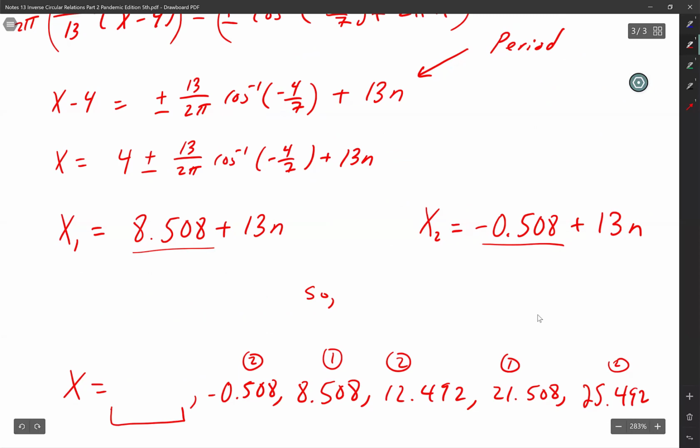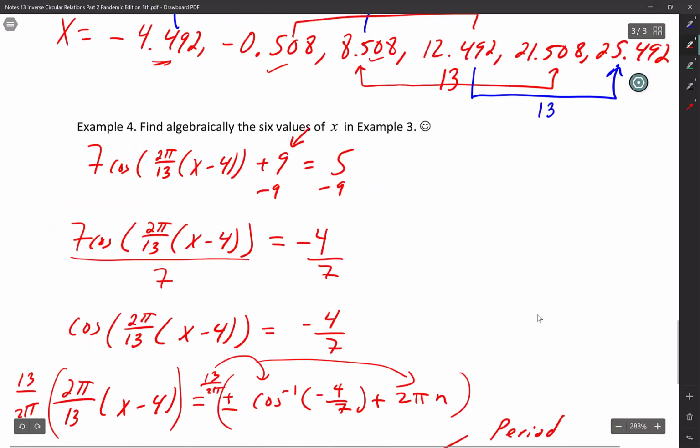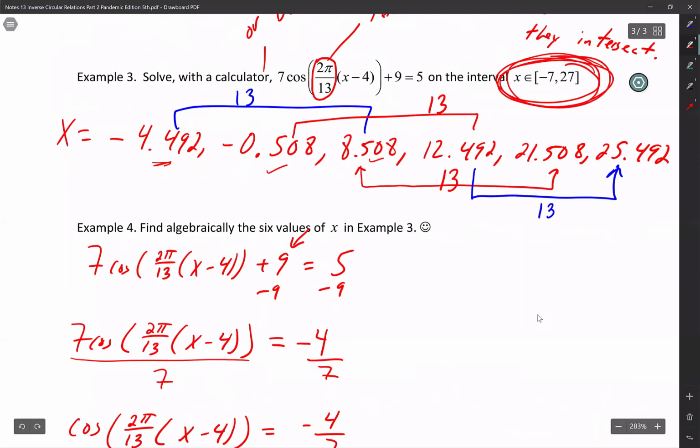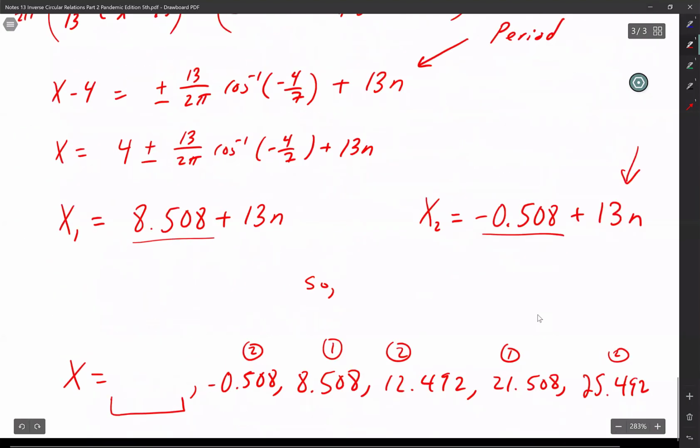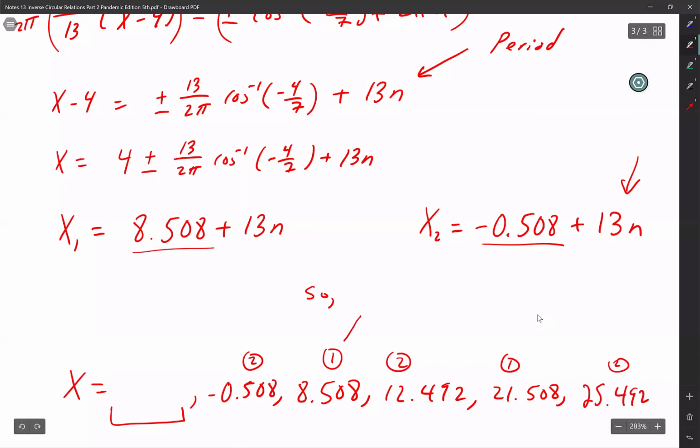You don't know that you even have one to begin with, unless you did the graphing part, but you do know the period. So if they tell you the domain is between negative 7 and 27, in your head you should be like, huh, well, I haven't gone all the way to negative 7 yet. If I take this one right here and I subtract 13, will I still be between negative 7 and 27? Well, obviously 27, but will I still be to the right of negative 7? Yes, you will. So take that 8.508 and subtract the 13. So 8.508, and I'm going to go minus 13, and you get